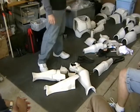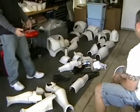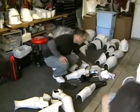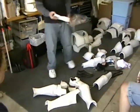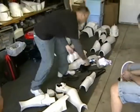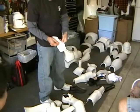Some of the parts are obvious. I mean, your thighs are obvious, and I don't mark them. But your lower legs, the forearms, the biceps, even the handbacks, because they're kind of unique compared to the other ones. I'll show you. So there's multiple lines on the handback, but you want to follow